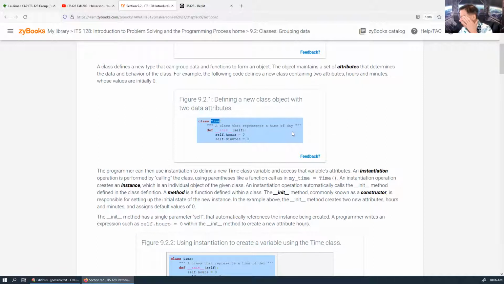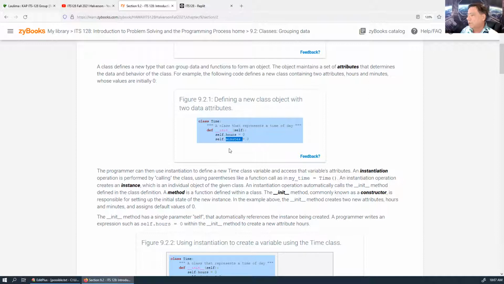Let's say it doesn't keep track of the date, but it just keeps track of the time of the day. If we were just to have a simple class definition, we're going to keep track of the hours, 0 through 23. And then we're going to keep track of the minutes, 0 through 59. But we're not going to keep track of seconds. It doesn't look like we're going to keep track of seconds. But anyway,